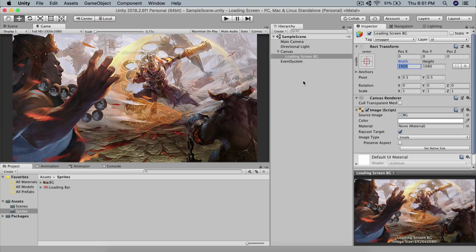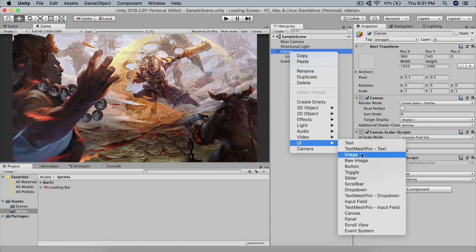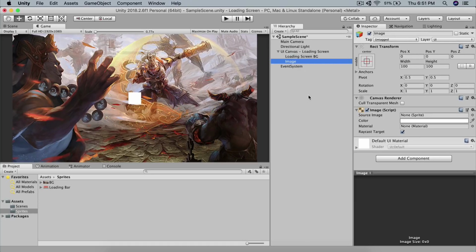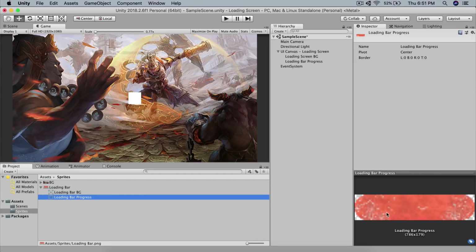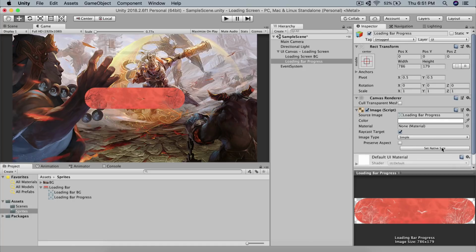So what is the next thing to do? Well, the next thing to do is to create another image. So right click on the canvas, go under UI, and I'm going to create another image. By the way, I'm going to change this canvas to UI canvas, and I'm going to say dash loading screen. This image is going to be our loading bar progress. For the loading bar progress, we're going to drag and drop the orange one, take it from here and drop it, and click here, set native size,